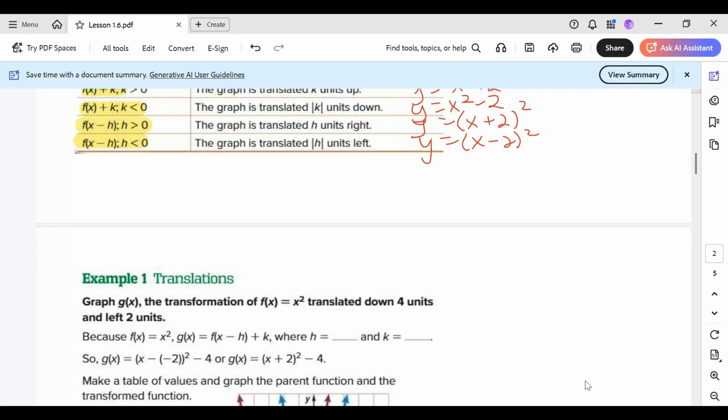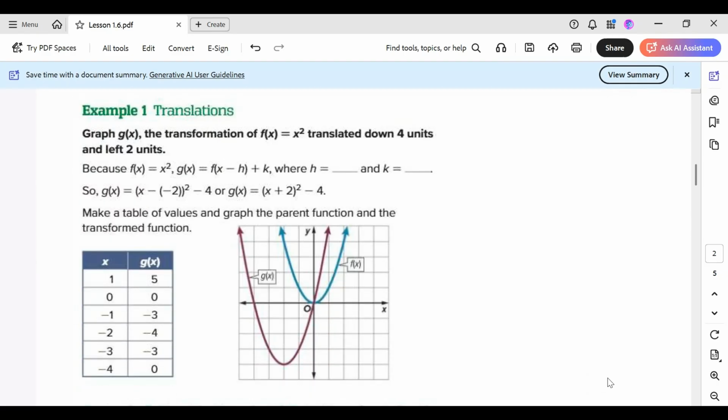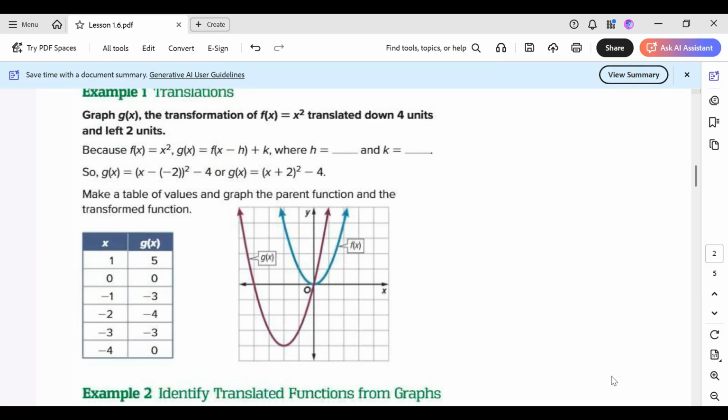In example 1, we're doing a translation. So they wanted us to graph g of x, the transformation of f of x equaling x squared, translated down 4 units and left 2 units. So because f of x is equal to x squared, our original, they want us to change our values. So since we're translating it down 4 and left 2,